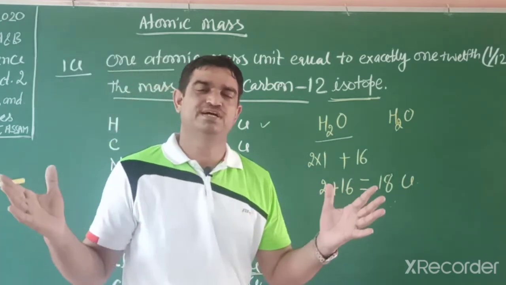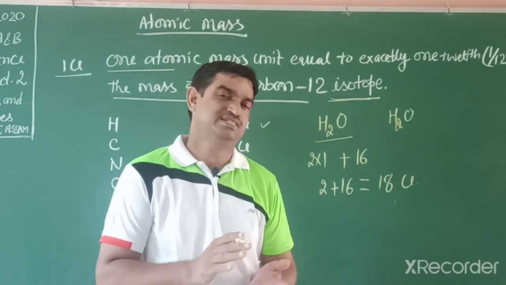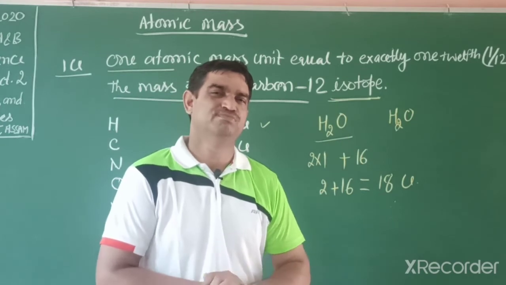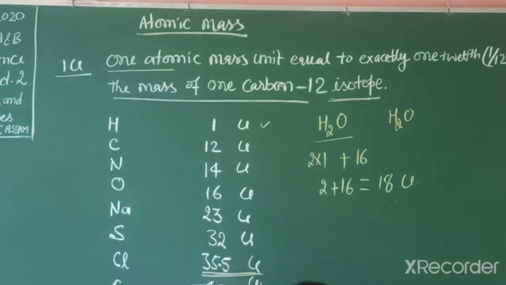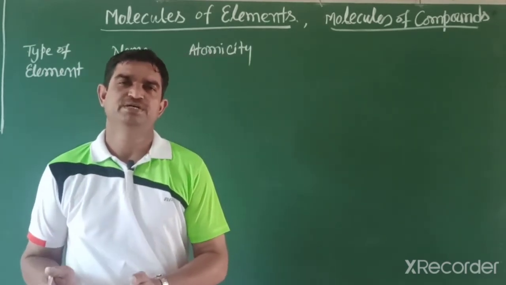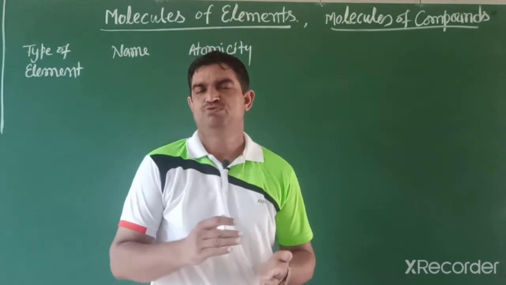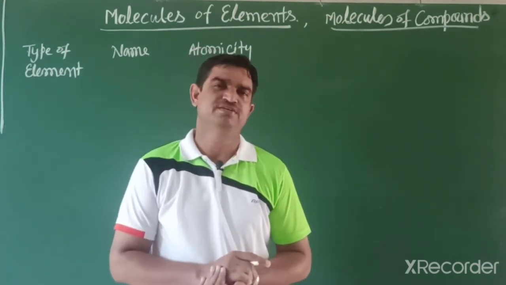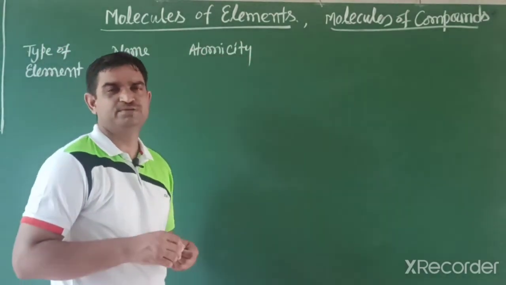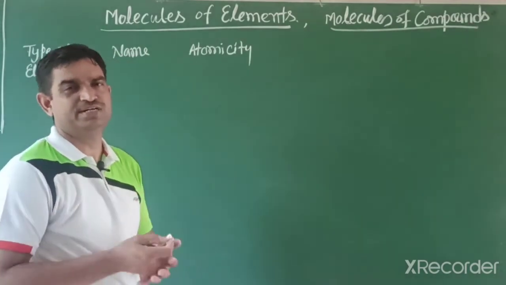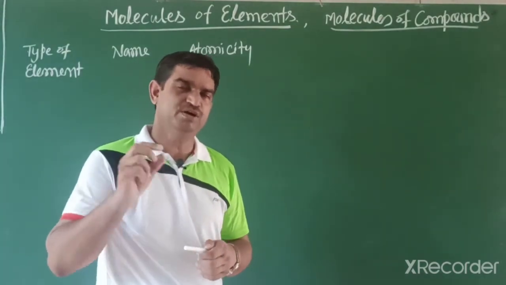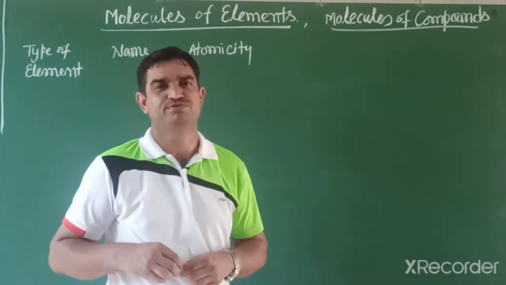Students, a molecule can exist independently. An atom could not remain alone, because different atoms combine and form a molecule. Students, matter is found in two forms, either element or compound. If the same kind of atom combines, then they form an element. An element can represent a single atom also, or more than one atom in one molecule. The number of atoms in one molecule is known as the atomicity of a molecule.